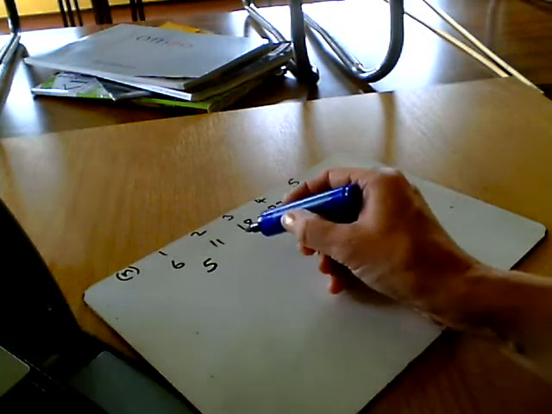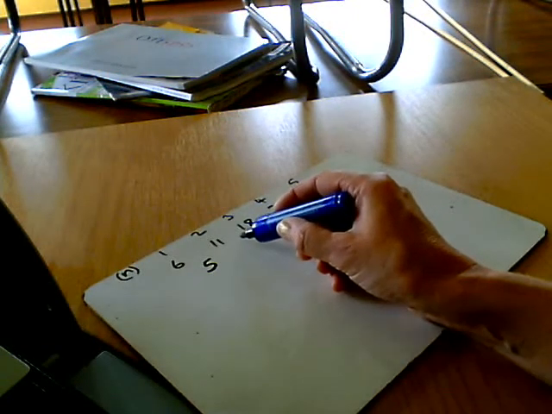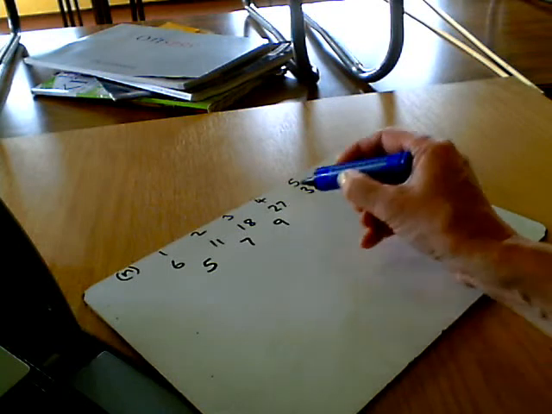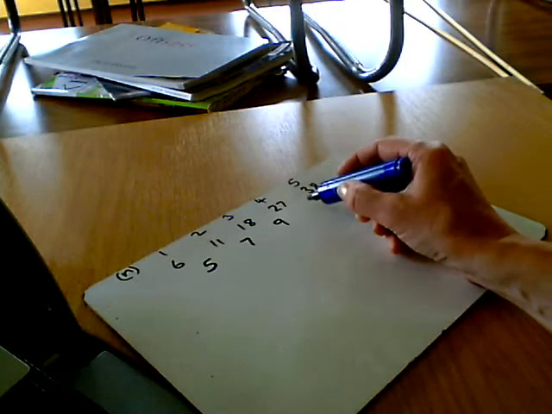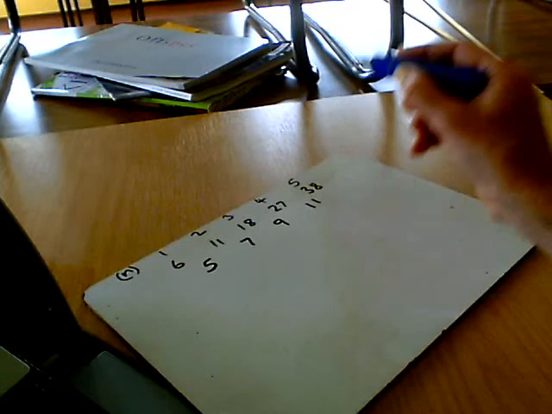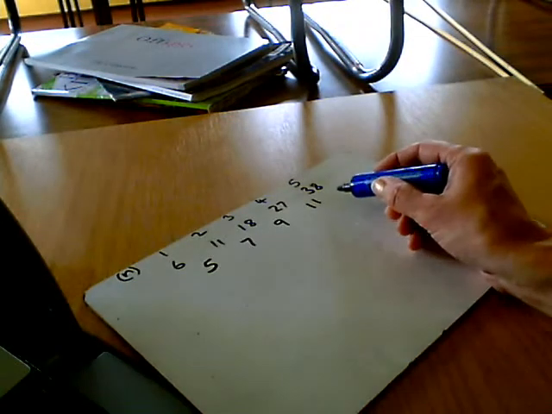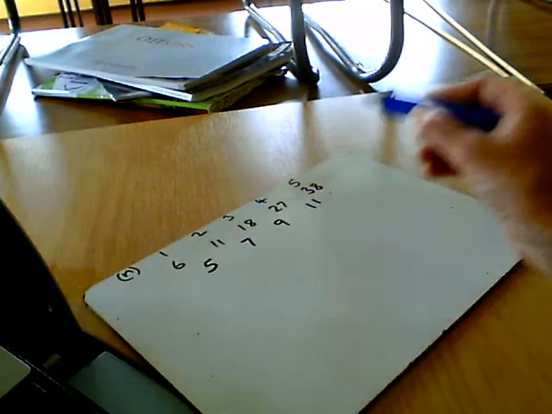The difference between 11 and 18 is 7. And the difference between 18 and 27 is 9. And between 27 and 38 is 11. So I know that it's not a linear sequence because there isn't a constant difference here, so we've got to